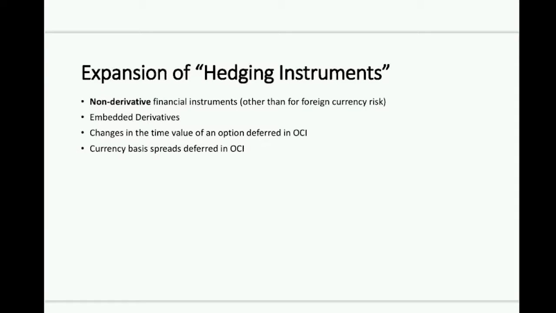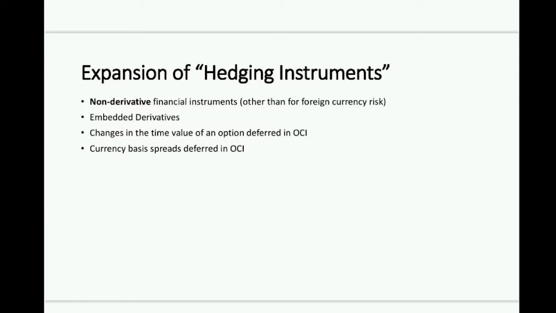You can also designate embedded derivatives. That's been present in IAS 39, but it's also expanded the circumstances under which that happens. And bear in mind, there are some changes because under IFRS 9, the embedded derivatives are not separated out from financial assets, but are carried as part of the whole asset. So the way that you do your hedge documentation and setting up of the hedging relationship is also going to be somewhat different.